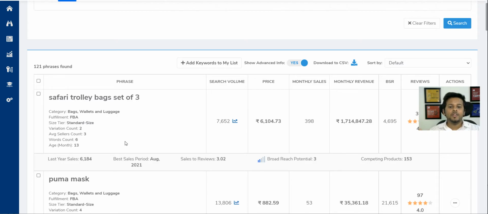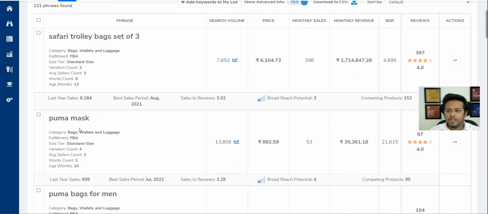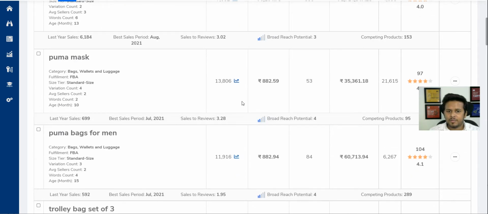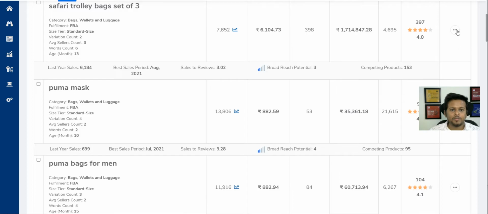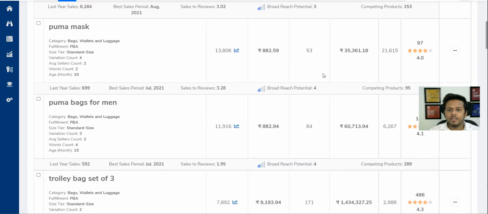But again, if you think about creating your own product, which is an outsourced product, and you can private label it, you can definitely compete with this number as well. Again, Puma mask, and this might be a face mask. Now in case you like any particular product and you want to check in Amazon what that particular product is, you can just click on these 3 dots and click on view on Amazon, and then you will be able to see the particular product.